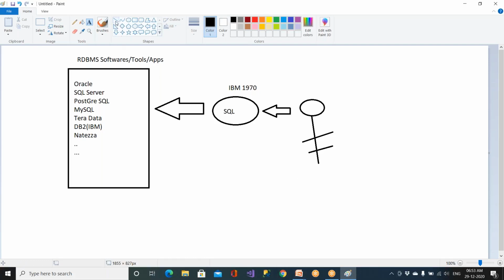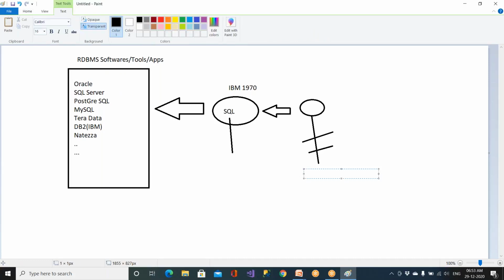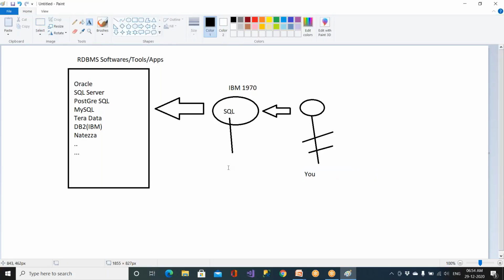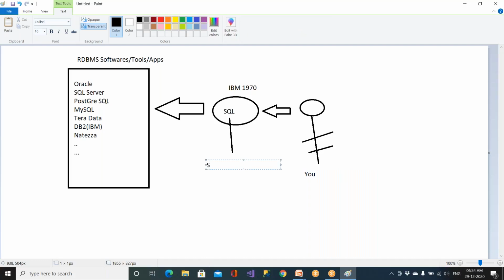you have a lot of commands that you need to know if you wanted to study SQL. Clear? So tomorrow if you wanted to store your data or if you wanted to retrieve the data, what is the language that you should know? You should know a language called SQL. SQL has some commands, SQL commands.